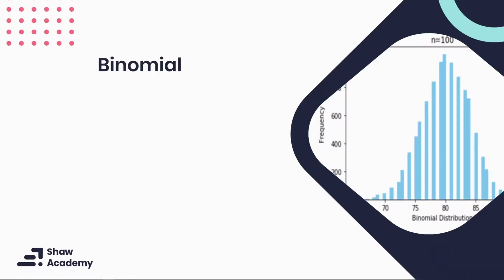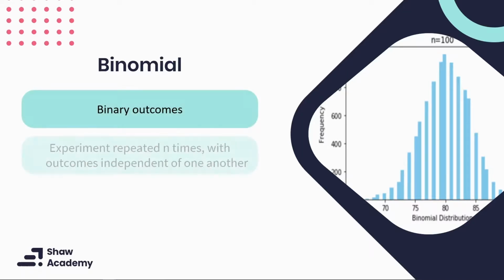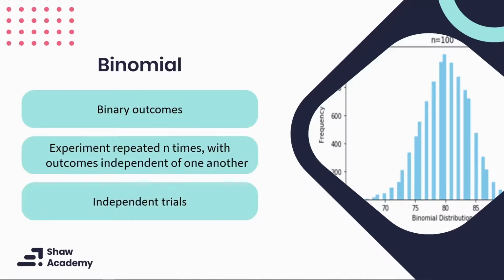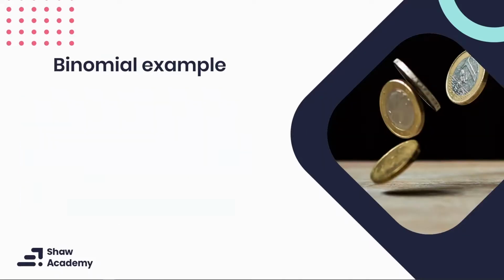As we've just mentioned, the binomial is closely related to the Bernoulli distribution. Where the Bernoulli distribution is the result of a single event, the binomial distribution is the result of an experiment being repeated many times over. Each outcome being independent from each other, of course. The binomial distribution, like the Bernoulli, has the outcome of success or failure with each experiment conducted. So let's have a look at an example to gain a better understanding of the binomial distribution.